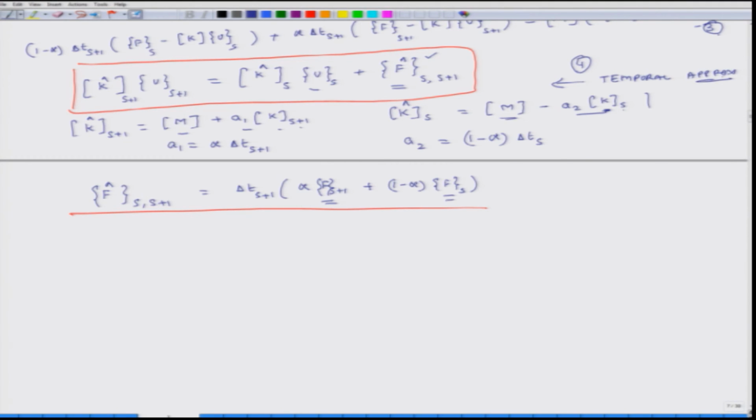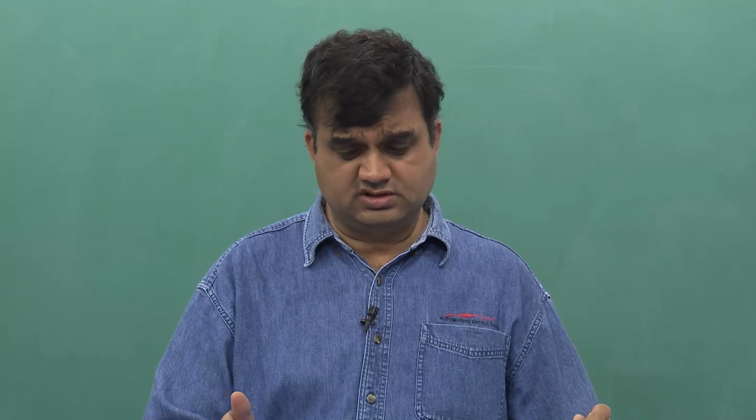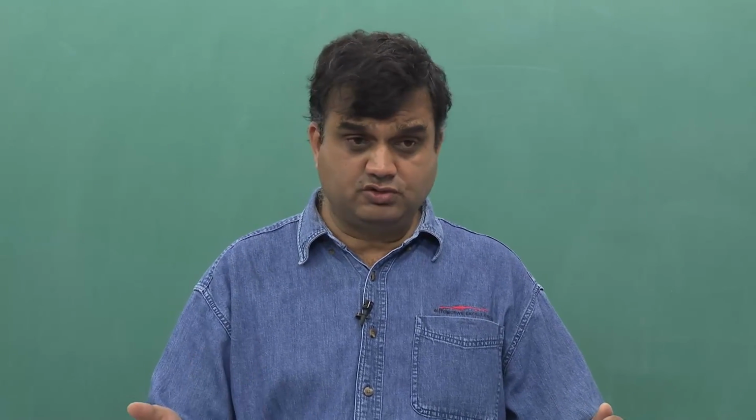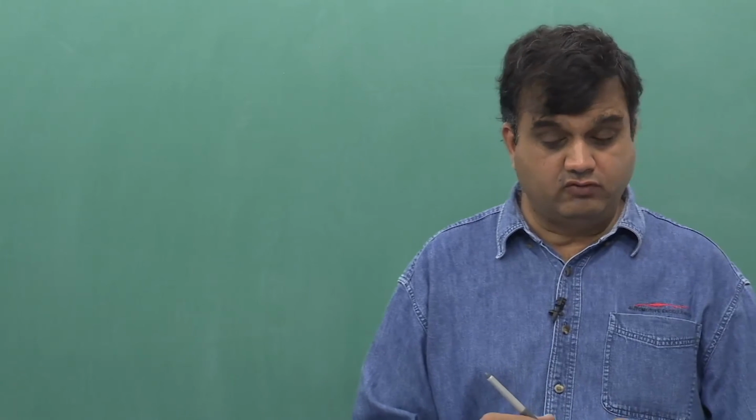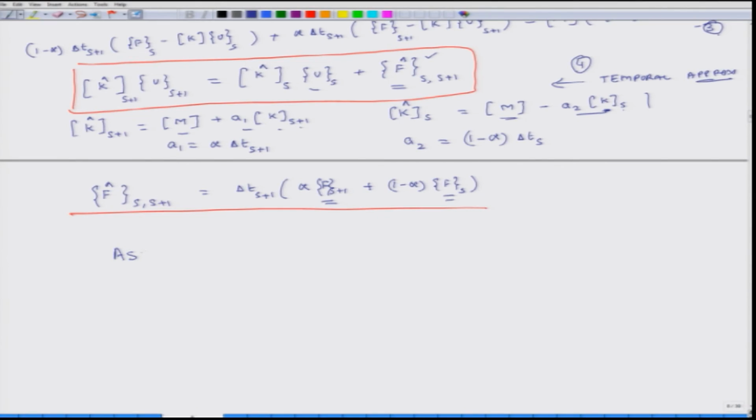This is the temporal approximation of the overall partial differential equation, and we are still at the element level. But what we have been able to do through this somewhat long process is that we have converted the partial differential equation first into an ODE and now into several algebraic equations. So, now the next two steps are fairly straightforward. What we have to do is assembly. Second, we then have to apply the boundary conditions, and then I start solving for U of s plus 1.